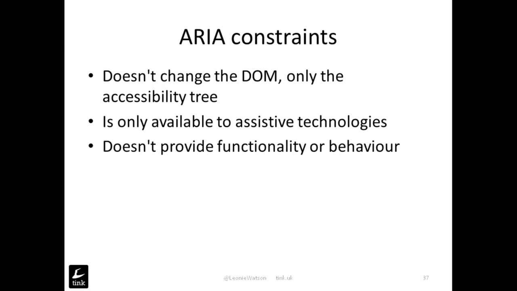Before I leave ARIA and the accessibility APIs, there are just a few constraints to be aware of. I mentioned that ARIA only affects the accessibility tree. It doesn't affect the DOM. So if you give a div or a button another role, that happens in the accessibility layer, but as far as the DOM is concerned, you're still dealing with exactly what you coded in the first place. So it's quite important to keep that line of separation in your mind when you're thinking about accessibility and continuing